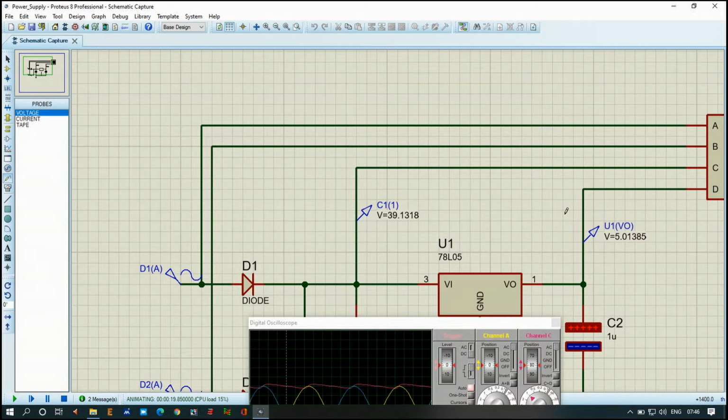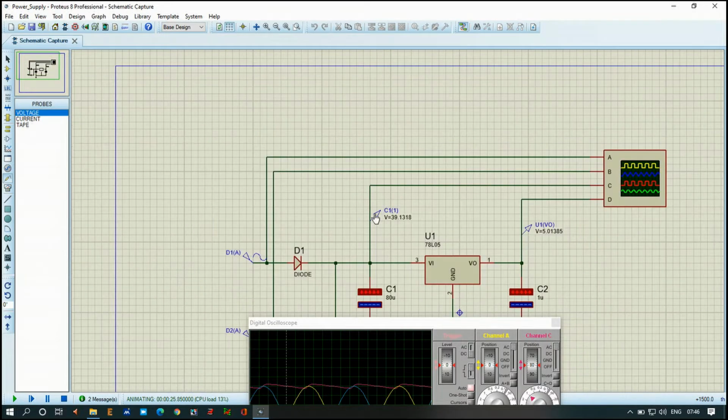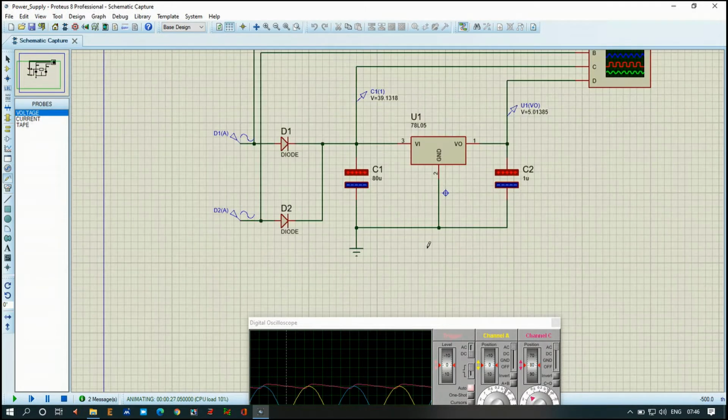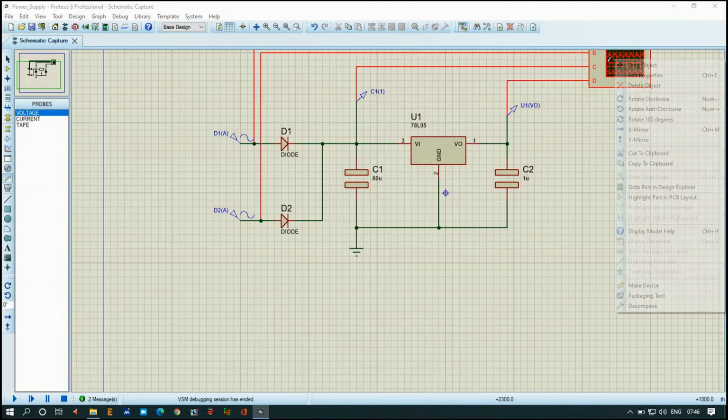So if you want to make it clean DC, we have connected another capacitor here and then we do not have any variations, we get the clean DC here. So what happens if I reduce the capacitance here? We'll see. I'll just remove this